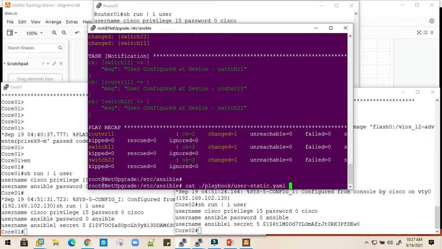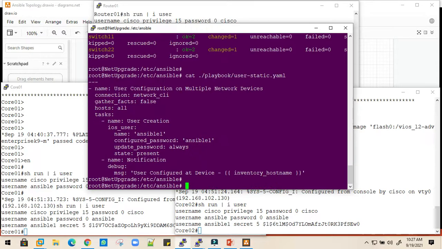Now let's verify the playbook once again. If you have noticed, this playbook has a static user configuration, and the user is actually available in the playbook. So whosoever is executing this playbook is aware of what we are going to perform. We can hide this user information from the playbook, and instead of mentioning the static name and password of the user, we can put the username and password in some other file and call it over here.